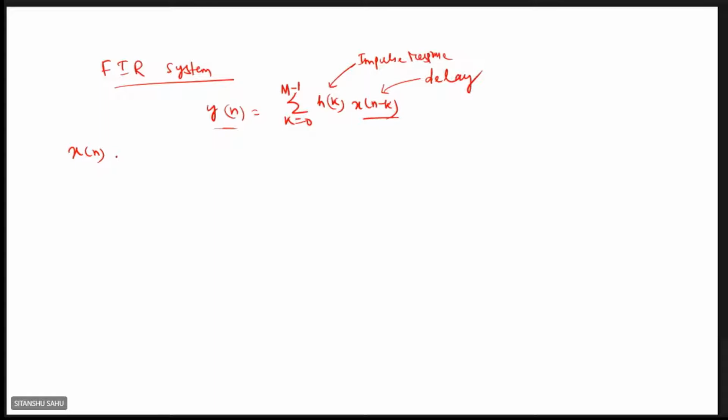So if you look at the structure of this, this will be x of n. Then I need to have k number of delayed versions of that. So x of n minus 0, x of n minus 1, x of n minus 2, x of n minus 3, like that only, isn't it? If I go on putting this k value here, it is getting 1 unit delay, right? So if it is x of n, to get x of n minus 1, what should I put over here? Can anyone tell me?